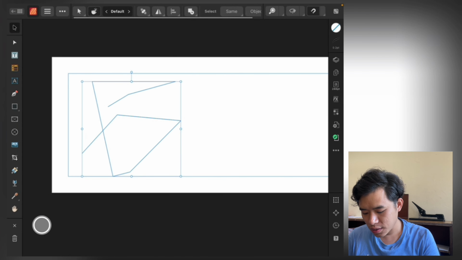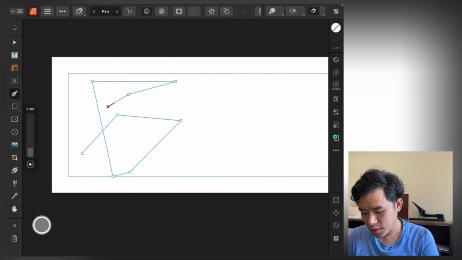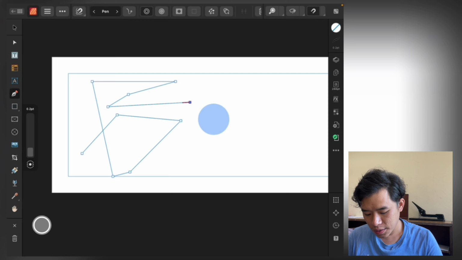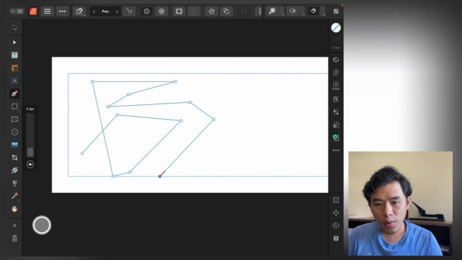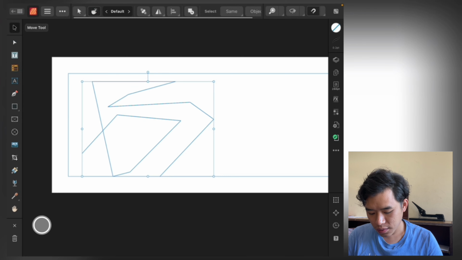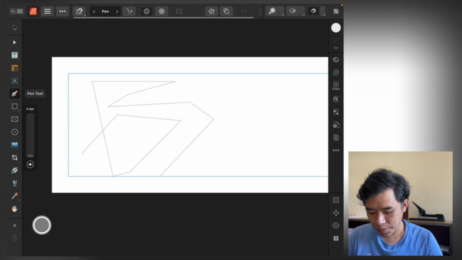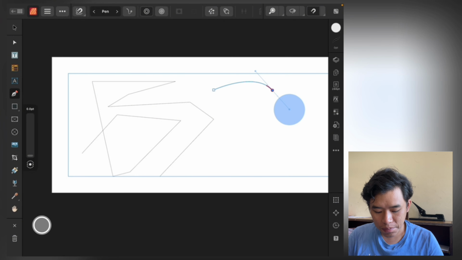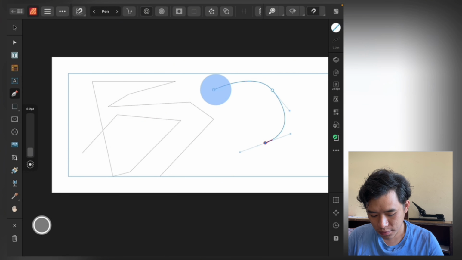Let's go back to the selection tool or move tool. Click on the pen tool. See, now if you don't want to continue, click here once, again go to the pen tool. Now click and drag will make a curve. Click and drag, make a curve. Click. See, now